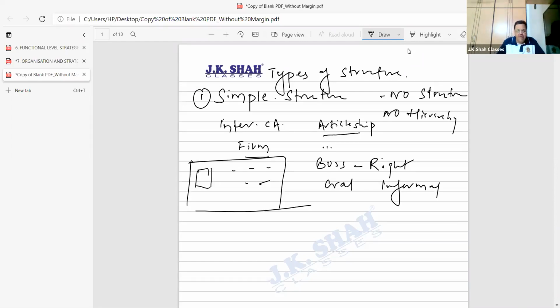Informal communication. And such children who join these small firms where the structure is simple, it is said they become jack of all trades. But sorry, they are masters of none. Meaning what? Come on, tell me. Harshita joins this particular kind of firm, then maybe the boss is doing income tax work. So she learns about income tax. She learns about filing of income tax returns.